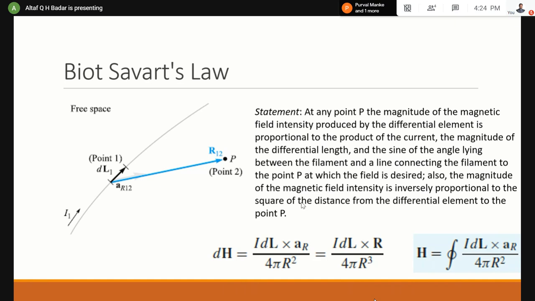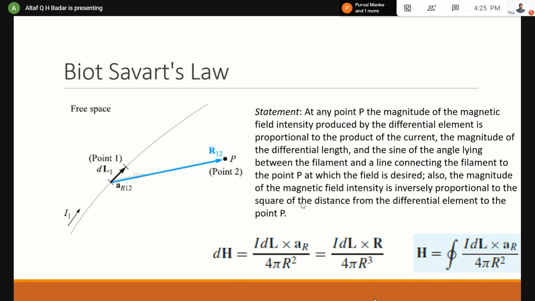there can be many questions which can be generated. What position will give me the least field intensity? How can I find it? Should it be very near to the point, then we get the least intensity, or should we be far away from the point to get the least intensity? That is for you to explore. And then there is another thing where you get it as line integral of the same thing. So for the whole line, then I can find the Biot-Savart law because of whole line.